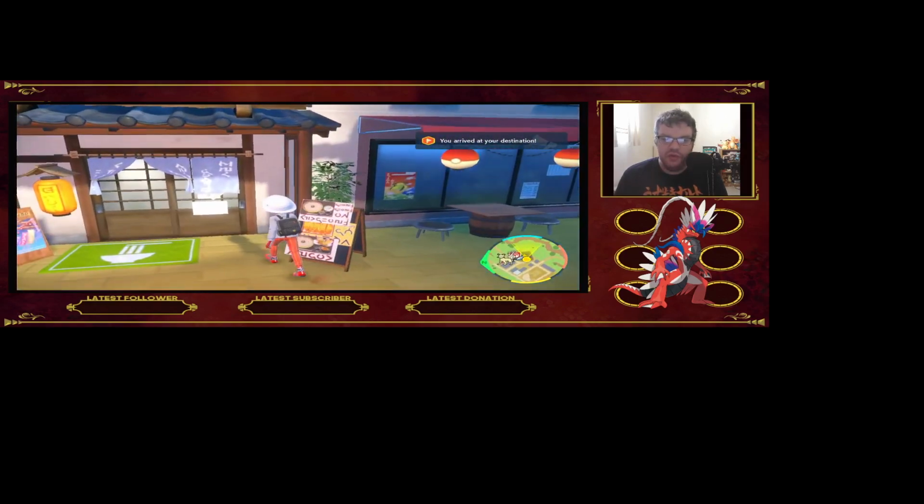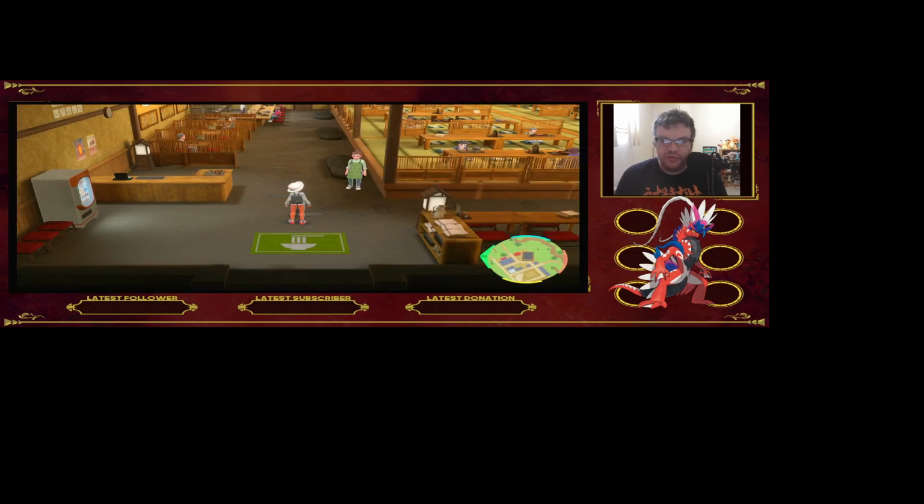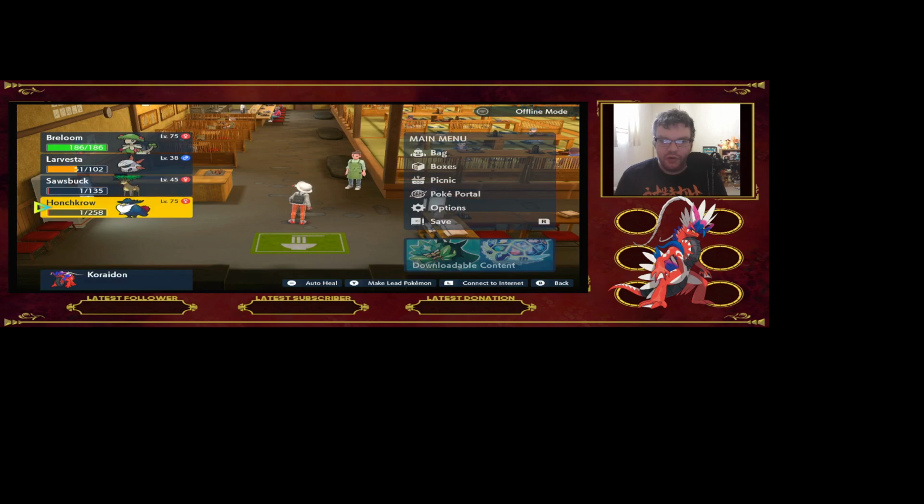We're going to actually go to, in here. In here, for 50 Terra shards, you can change a Pokemon's Terra type to any type that you want, as long as you have the shards you need. So what we're going to do here is we're actually going to go into my things. We're going to make Koraidon, so we're actually